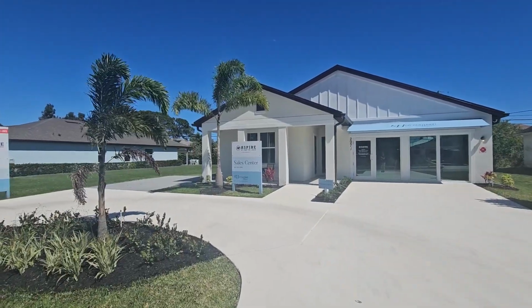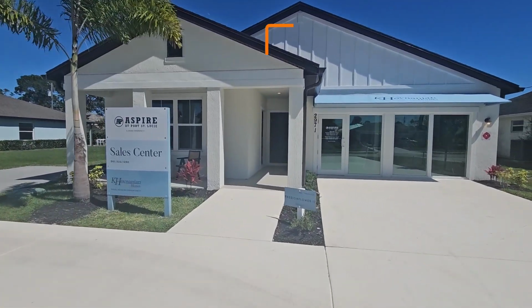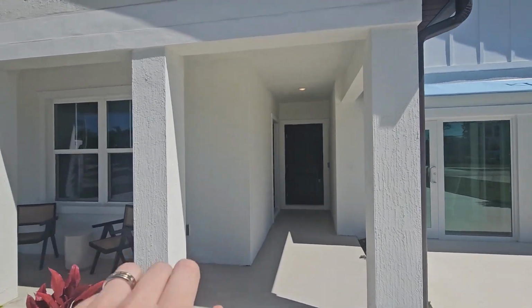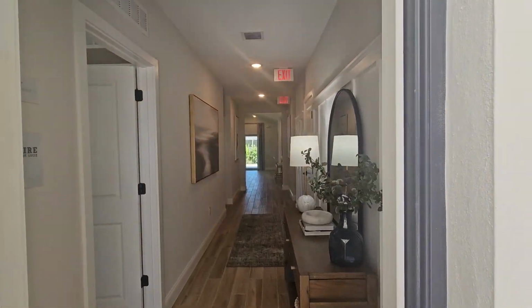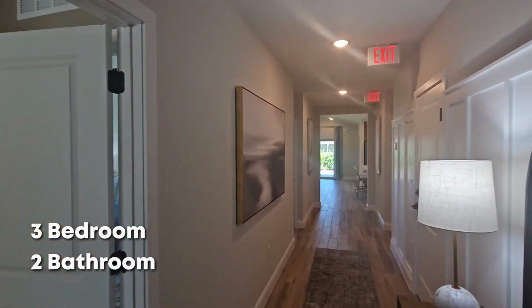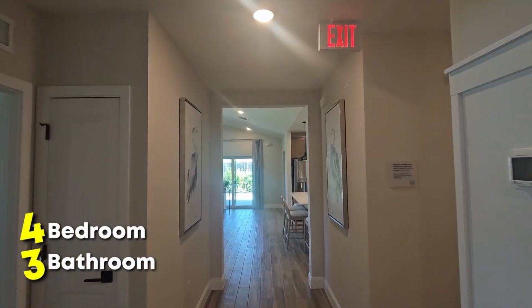All right, everyone, so here we are on an absolutely gorgeous day here in Port St. Lucie. The weather is in the mid 70s and we are at the Passion Flower 2 built by Hovnanian. This one, like I said in the beginning, is going to have its own private entrance and its own living quarters, which I'll show you in a second. But let's go through the main door here first to show you the main living area, which is going to be a 3-bed, 2-bath. And then I'll go into the separate area, the mother-in-law suite with its full kitchenette and everything like that. So all put together, this home is going to be a 4-bed, 3-bath home,